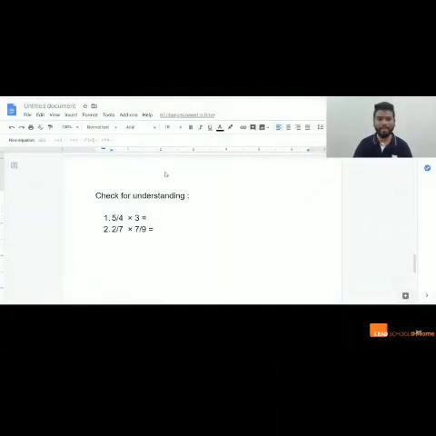Now to just see if you understood our concept or not, we will have something called CFU or check for understanding questions. Okay. You will have a quick 1 minute to solve these two in your notebook. When I say go, I want all of you to take out your notebook and your pen with you right now. Go. 5, 4, 3, 2, 1. Great. Now quickly write down these questions in your notebook and you have 1 minute to solve. Your time starts now.